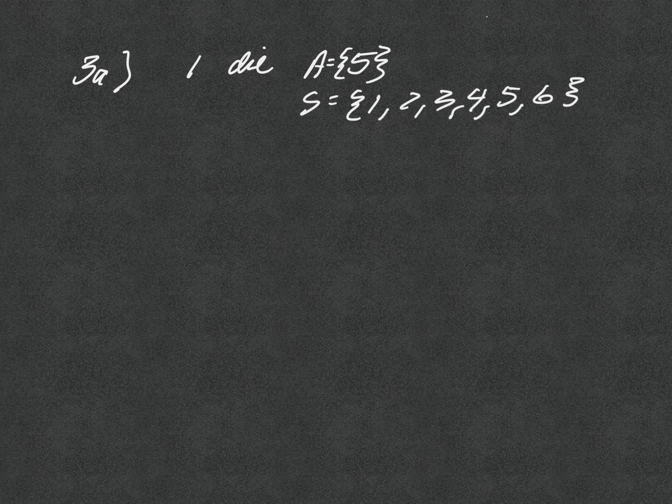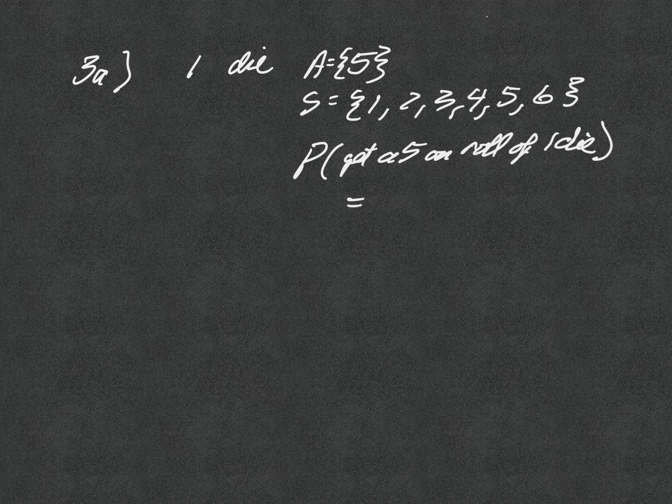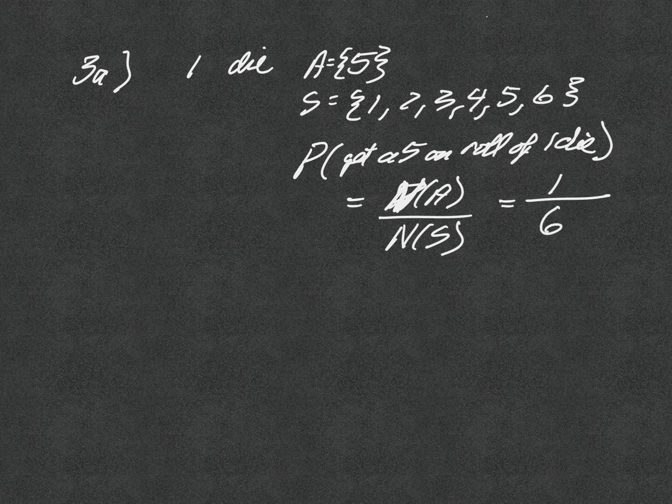So the probability of getting a 5 on a roll of one die is equal to the number in the event over the number in the sample space. We see that there is one way to get a 5, and there are 6 possible outcomes, so that probability is